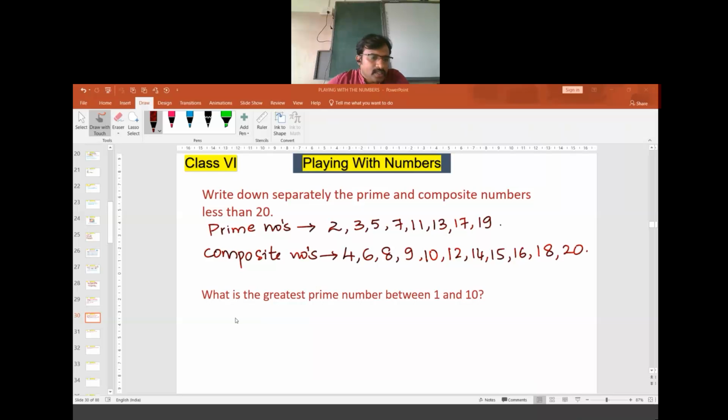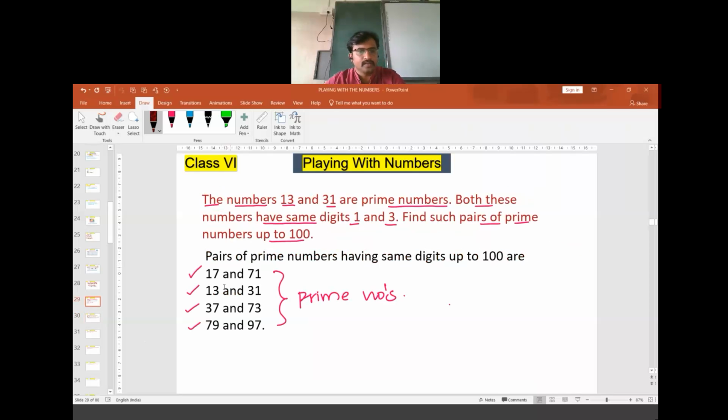One of your friends has a doubt here. Did I mention 39 in the previous one? 39 is mentioned? No, 39 is not mentioned. Paras says that 39 is divisible by 13. Yes, 39 is divisible by 13. I have not considered 39 in this. I have considered 37 and 73. Hope it's made clear to you.